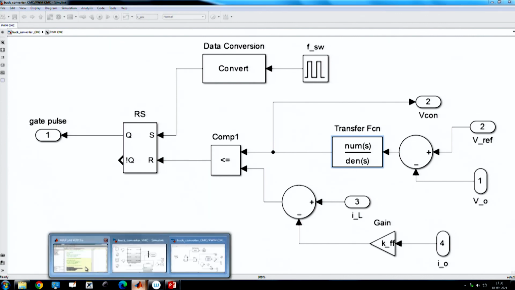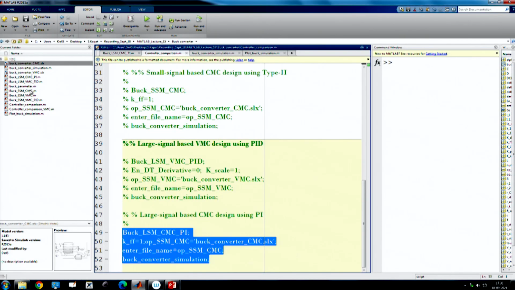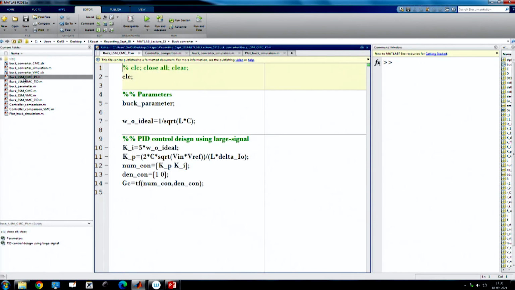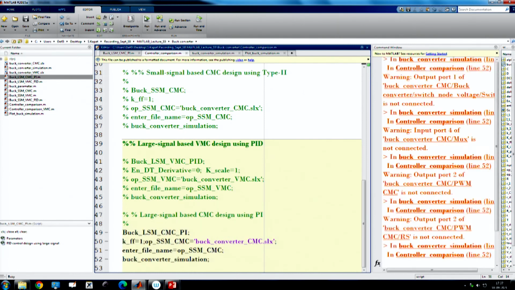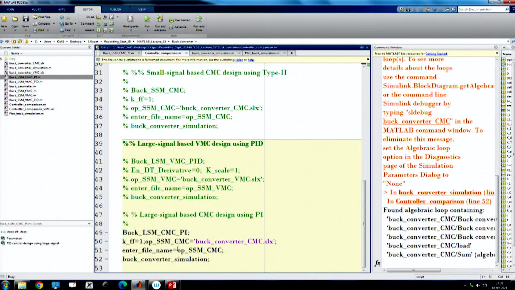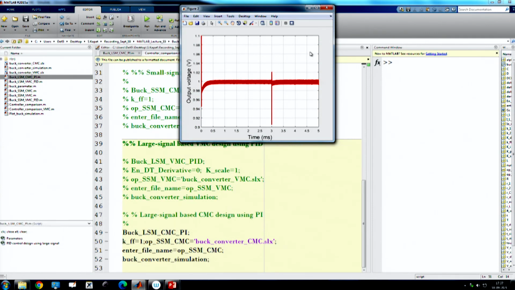Now, if we go back to current mode control using large signal based PI controller, so now we want to run this buck converter using current mode control with a PI controller. We are giving all the values from here, and I will discuss it in detail.